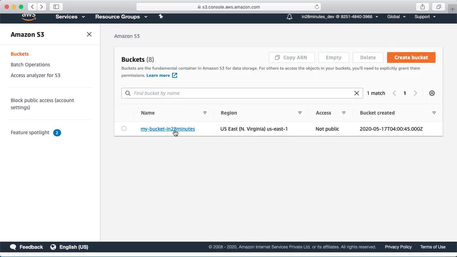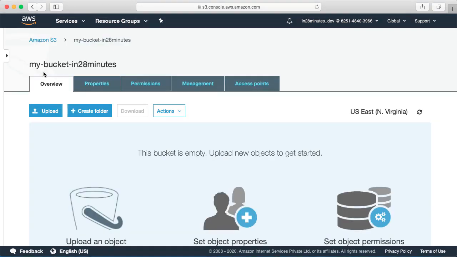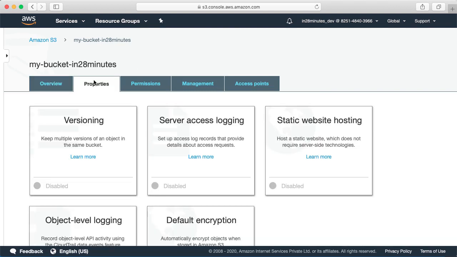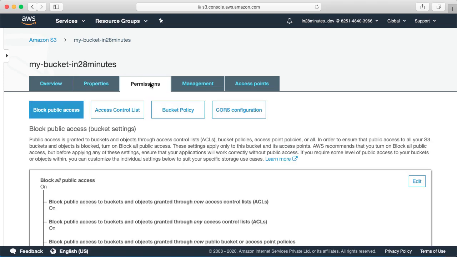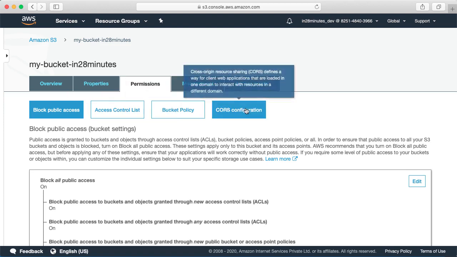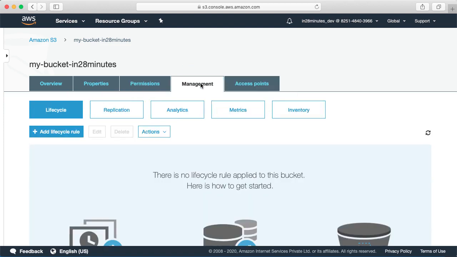Now, once you are inside a bucket, there are a lot of things that you can do in here. You can see that I can upload files. I can set the properties for the bucket like versioning, logging. I can host a static website using this. I can enable encryption. I can play with different permissions as well: access control lists, bucket policy, CORS, and I can also do a lot of management around it.